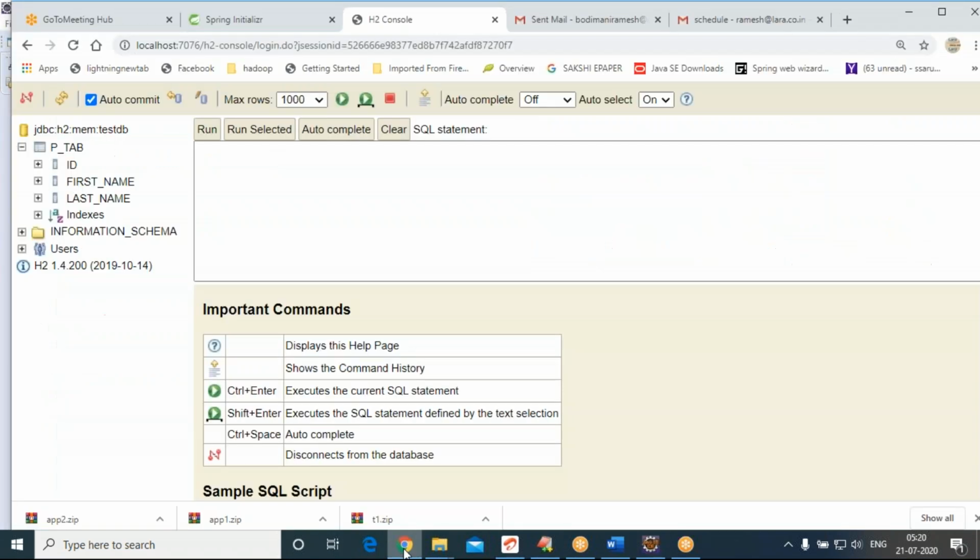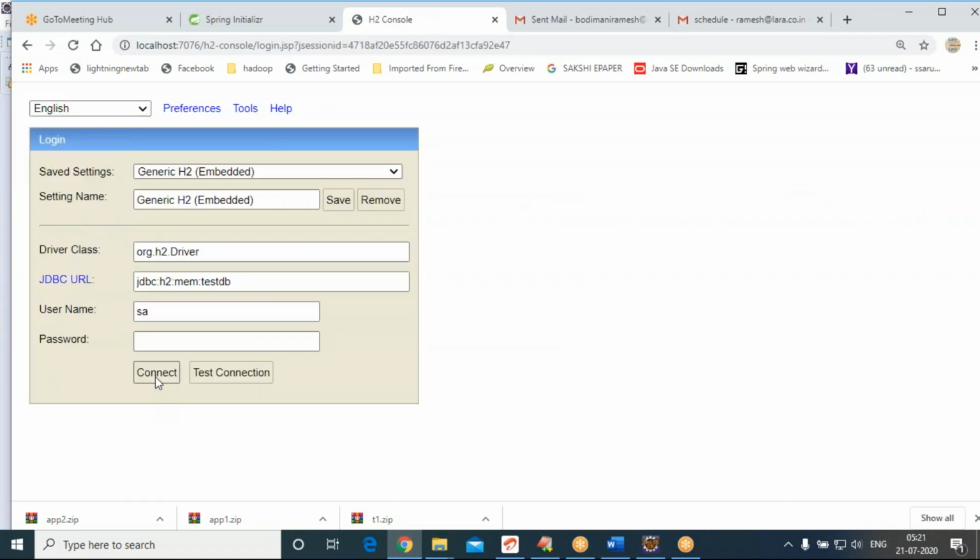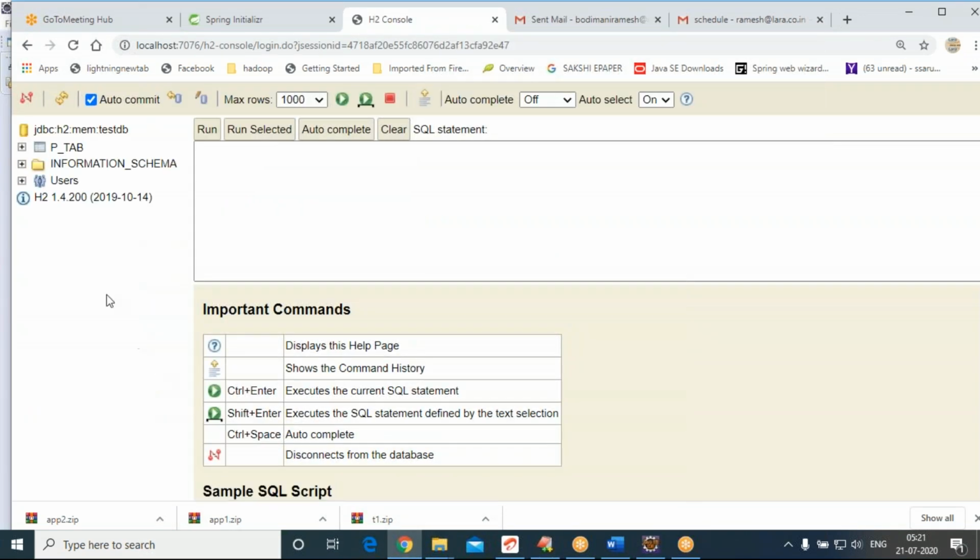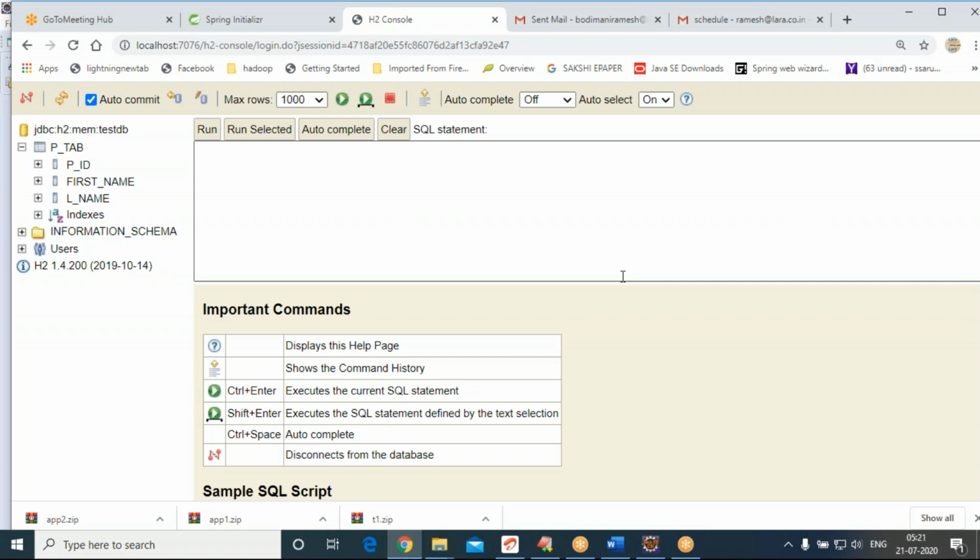Go to the browser, H2 console, refresh, reconnect, expand p underscore tab. You can see ID as p underscore id, and the last column as L underscore name. Whichever names you want, you can modify.